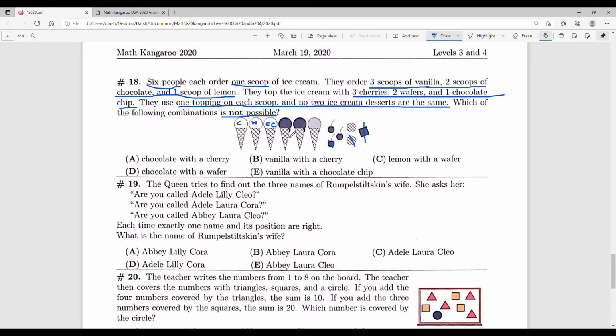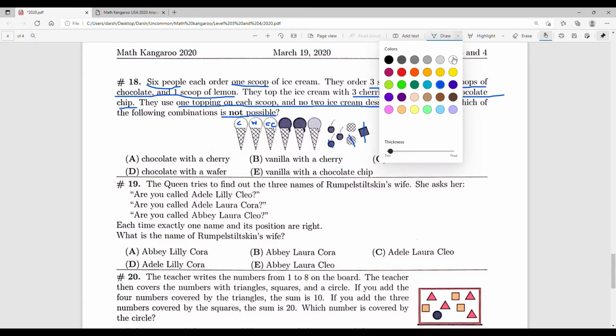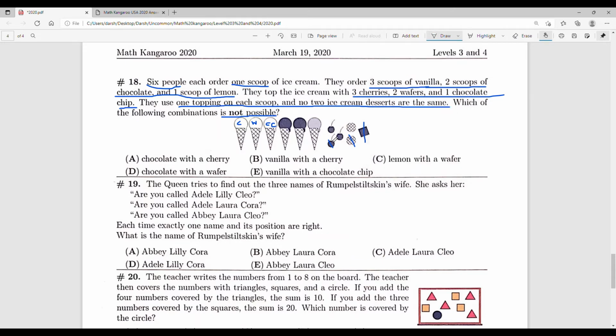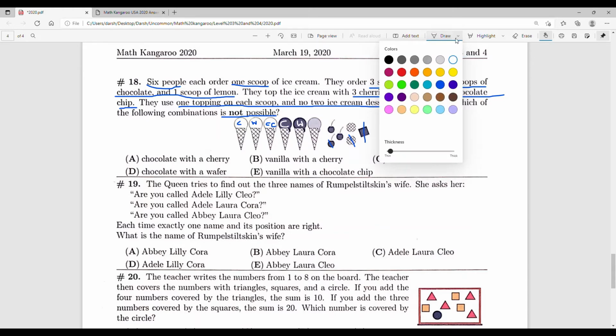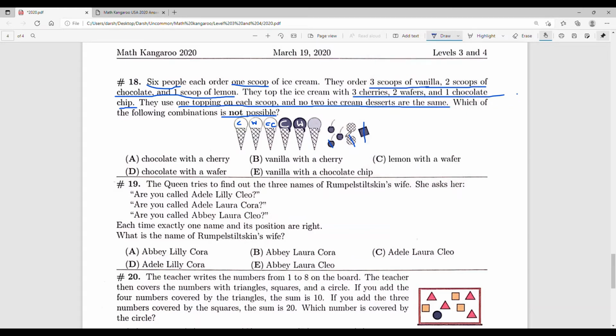Next, we have the chocolate ones. And they have to be different, and we only have cherry and wafers left. So one of them needs to have a cherry, and one of them needs to have the wafer, because they both can't be cherry. So we can now cross off 1 cherry and 1 wafer, leaving the lemon one with